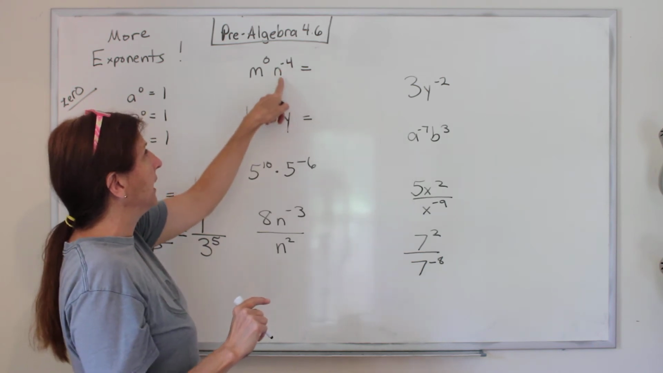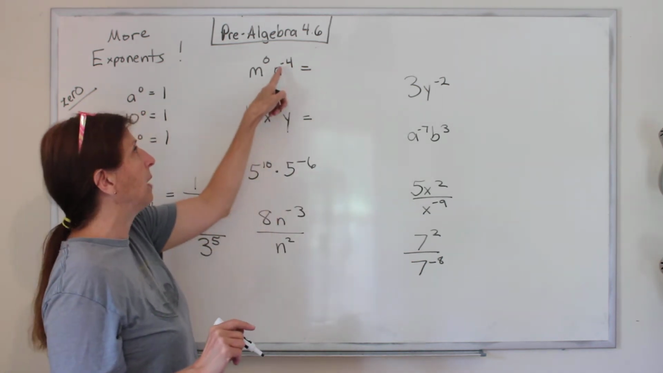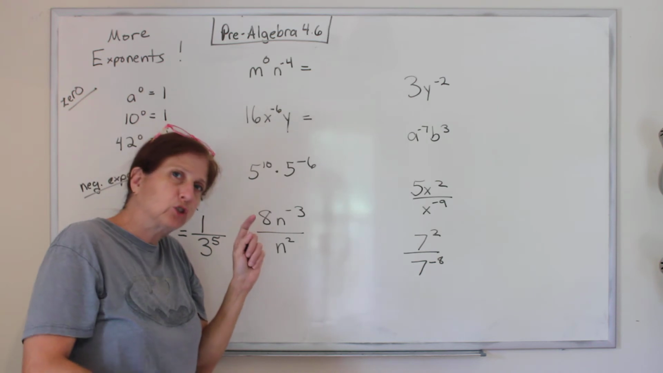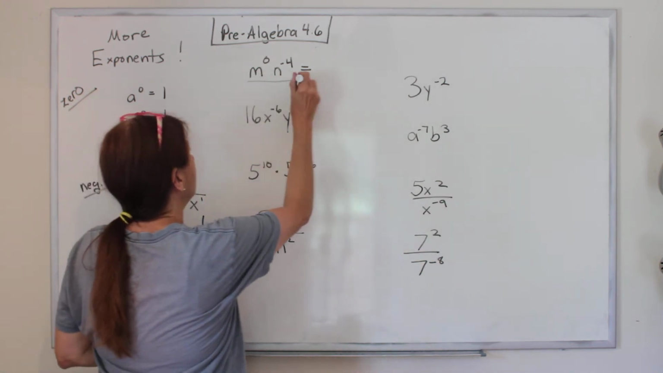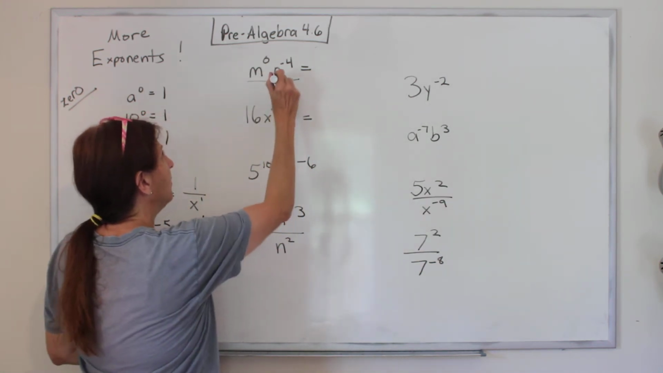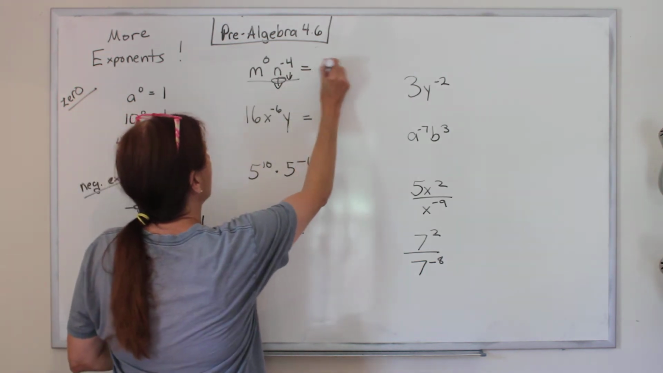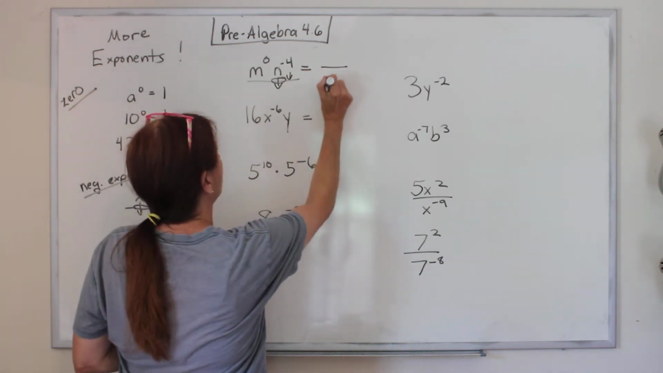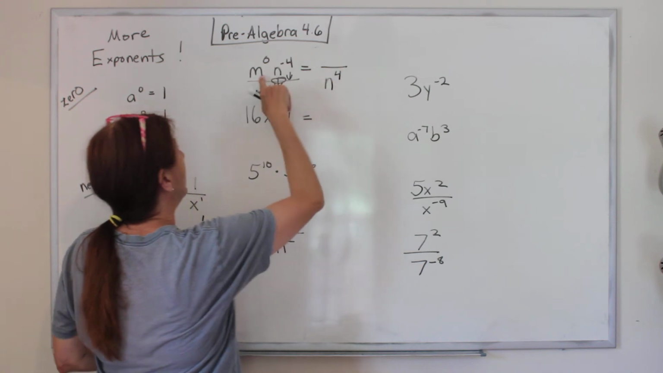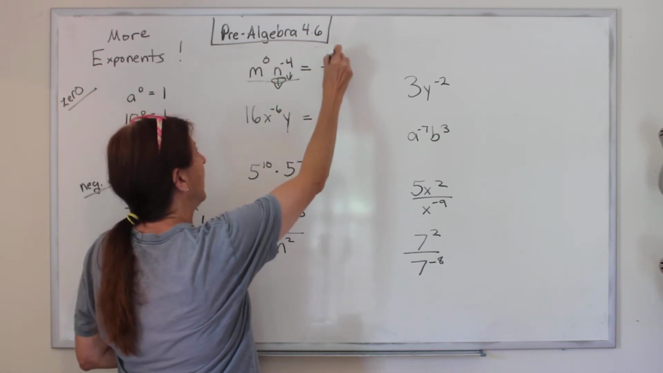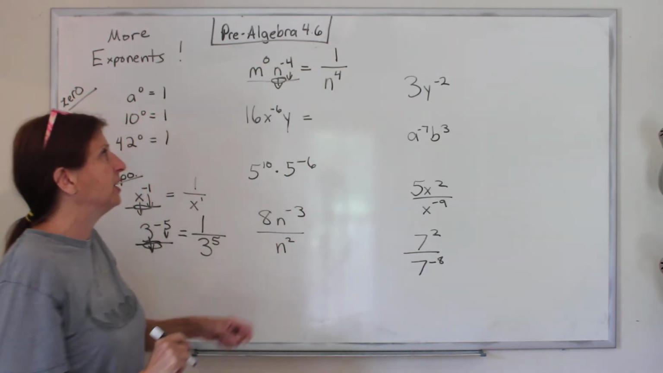And now n to the negative 4th, here's the portal gun. It shoots a hole in the bar. They drop through. So in denominator land we have n to the 4th power. In numerator land we have what? This m to the 0 equals